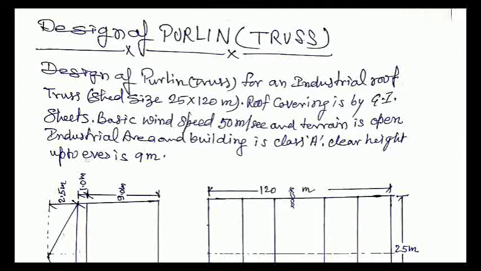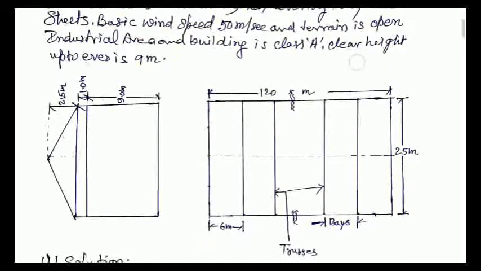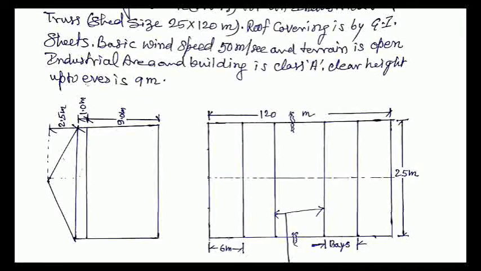So for this, first of all, we have to analyze the forces which will come upon the truss as well as on purlin. So today we will firstly analyze a shed where a truss will be provided and then a purlin will be laid over or connected with the trusses, on which ultimately on top the corrugated sheet will be settled down.